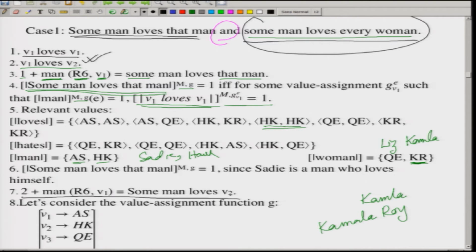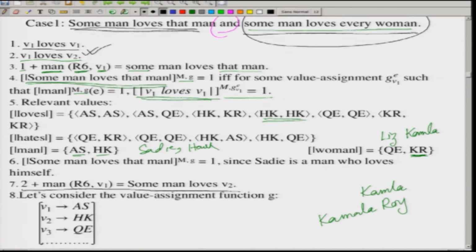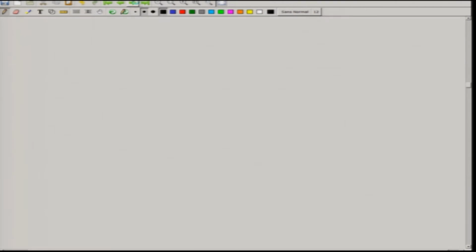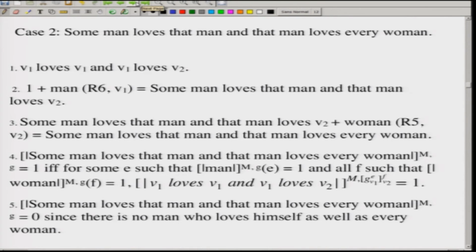And we just consider once again, I hope it should go a bit up so that we can see the full form of g. Now what is V2? So g gives HK, that is actually Henry Kissinger, to V2. So what will be the next step? In the first problem we are doing all steps, and in the second and third problem we will not concentrate on each and every step, we will skip this step, but here we are doing this step.